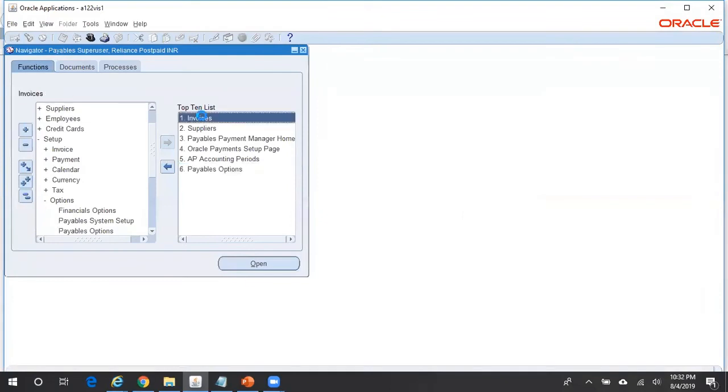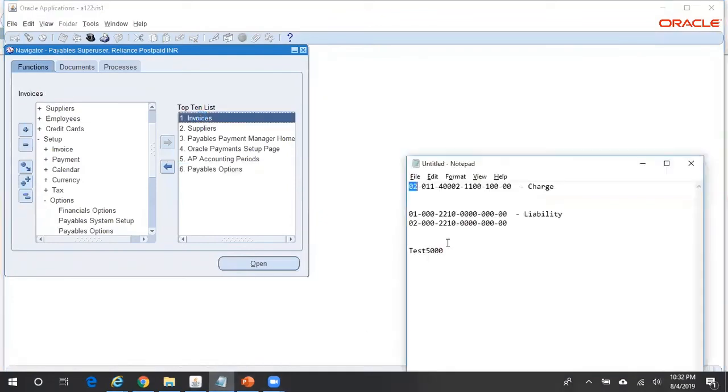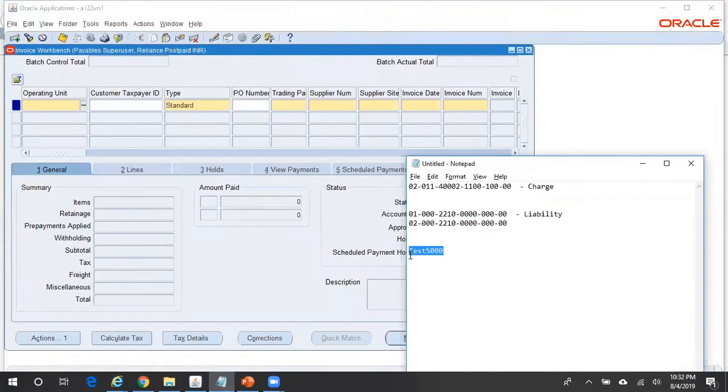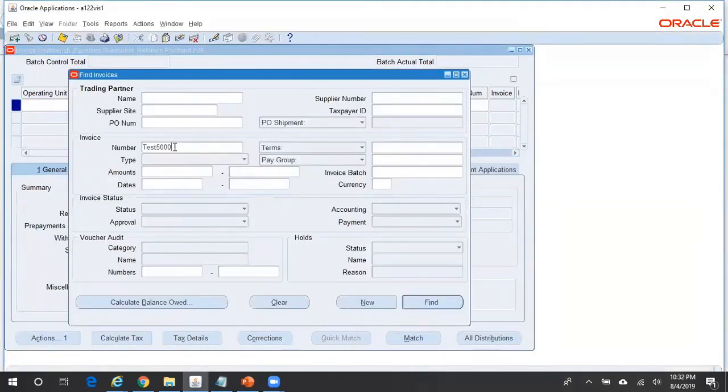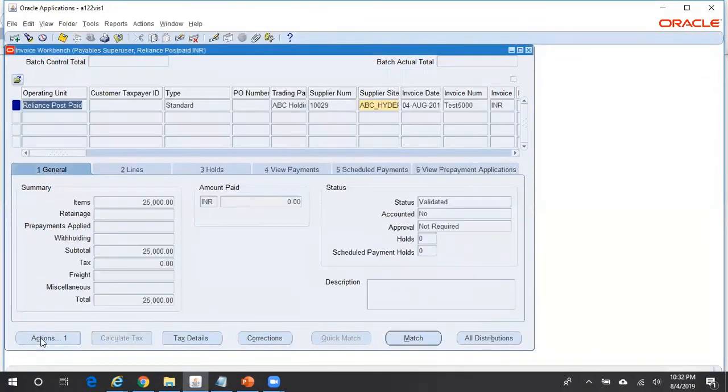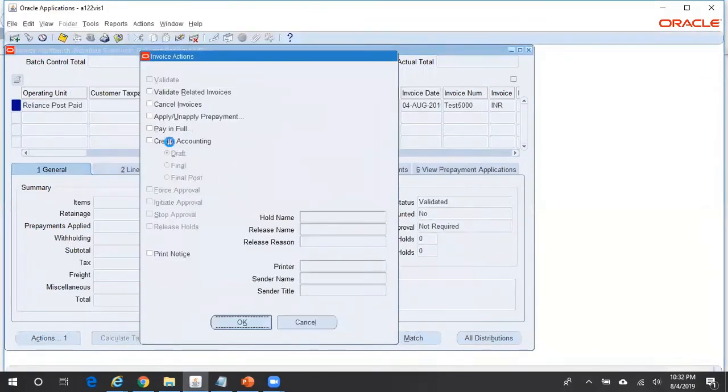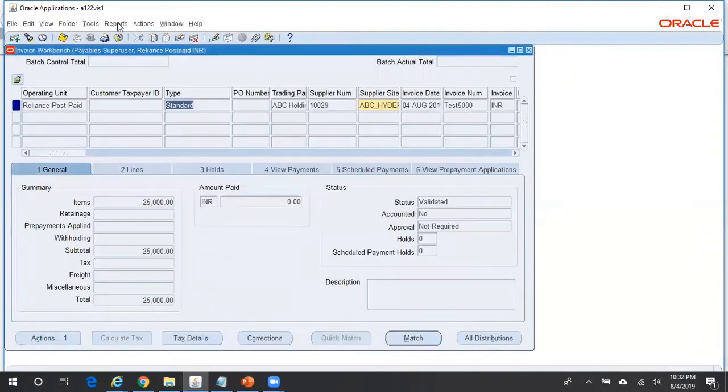Now you can use the same invoice, go back to the same invoice, query for that invoice, again run create accounting in draft mode. Now check the accounting entries.